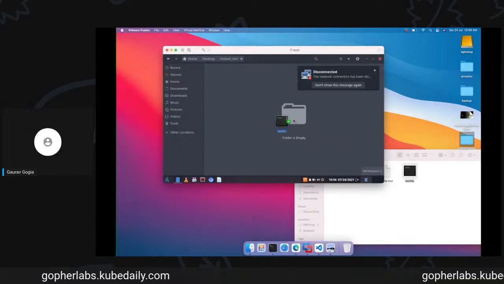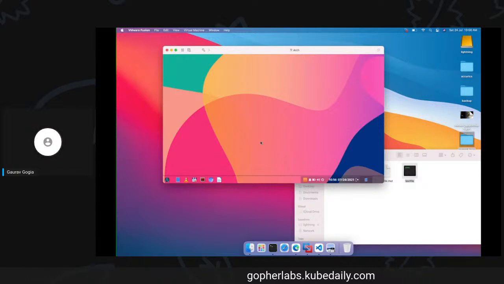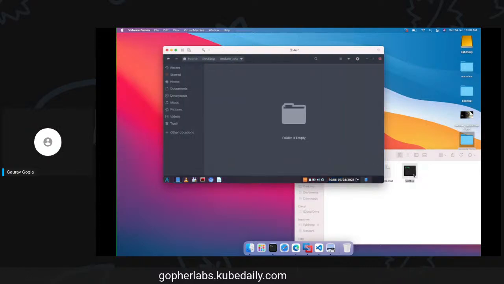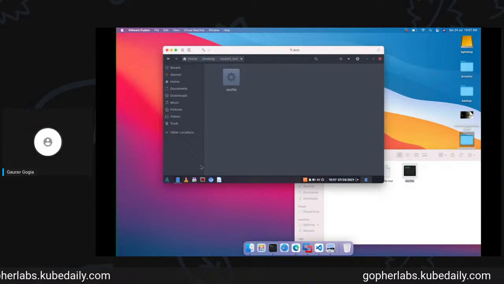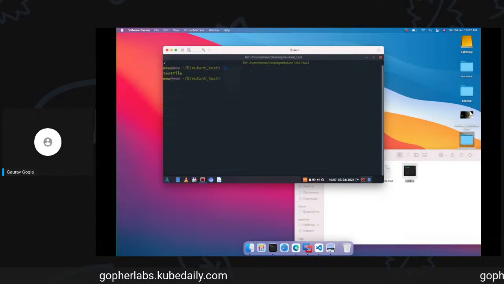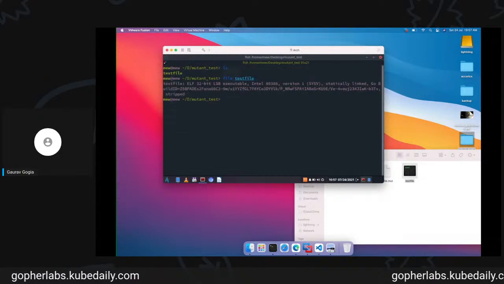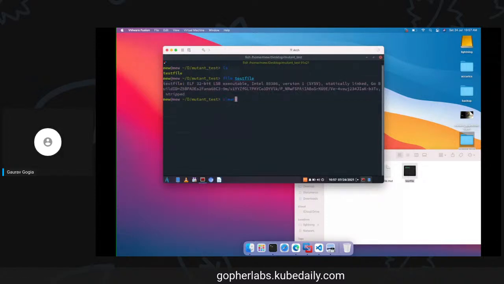Okay. I guess it takes a second. Let me see. Yes, we can copy this file here, and we can open our terminal somewhere around here. It's in desktop, Mutant test. Okay, file is here. It is a compiled file, as we have already checked that.